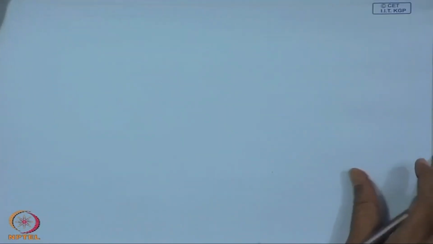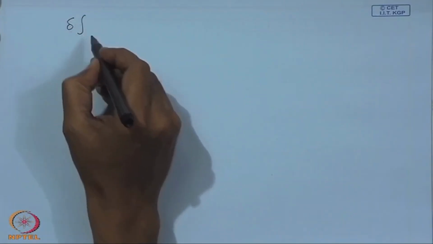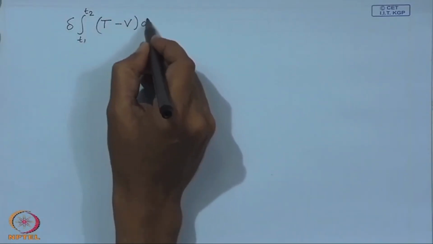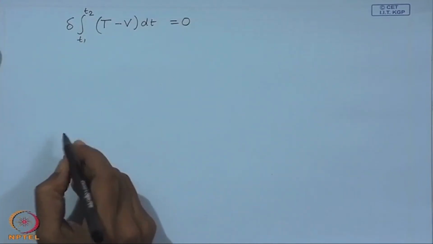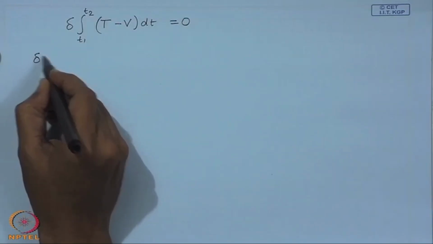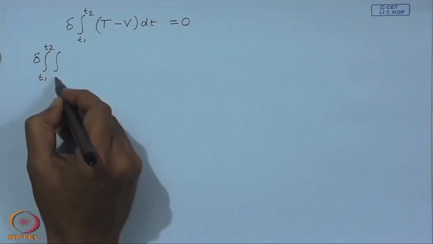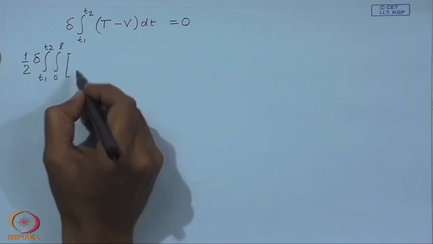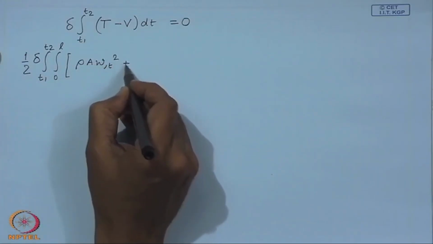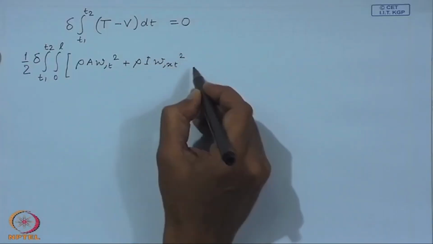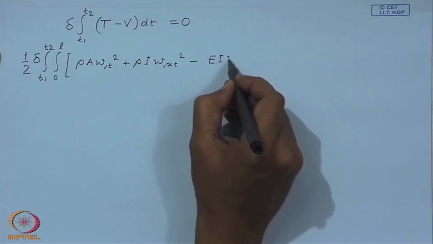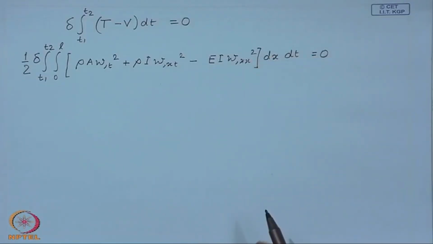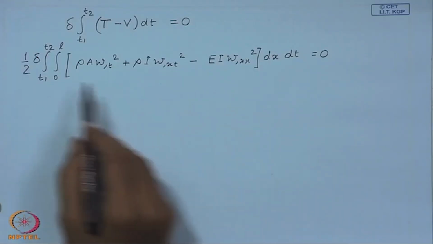Now, when we derive the equation of motion using Hamilton's principle, we write it like this mathematically. So, this turns out to be this. So, this is the statement of Hamilton's principle. So, when you take the variations,